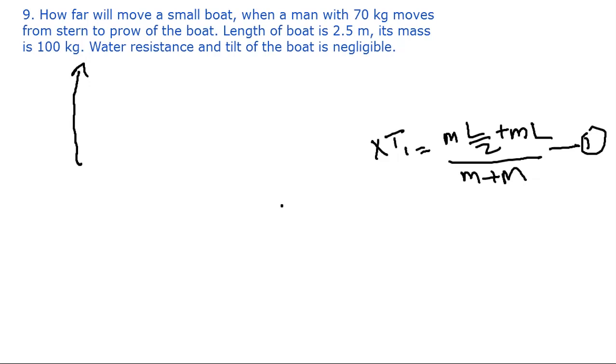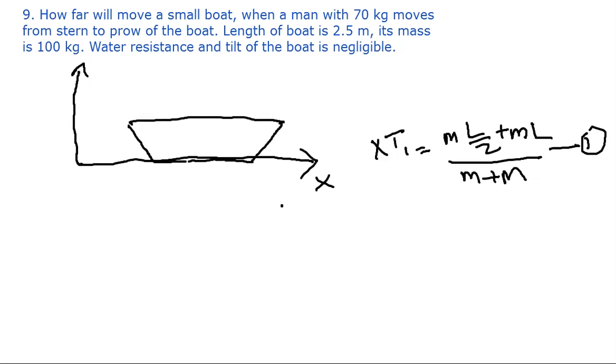Okay, the axis is the same, x-axis, and the boat moves by a distance. Okay, now the man is at this end of the boat. Okay, and let's consider this as the distance x, which is the distance which the boat has moved forward,